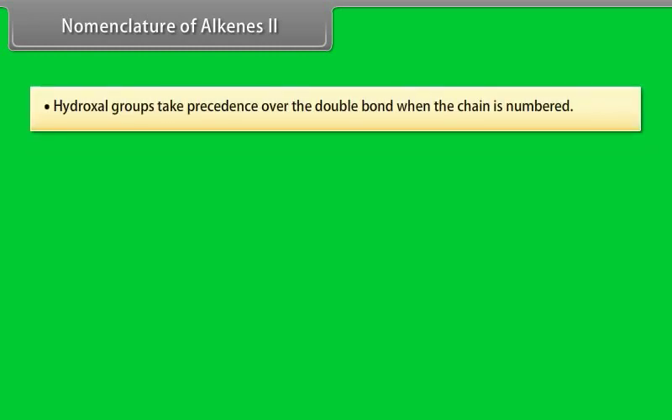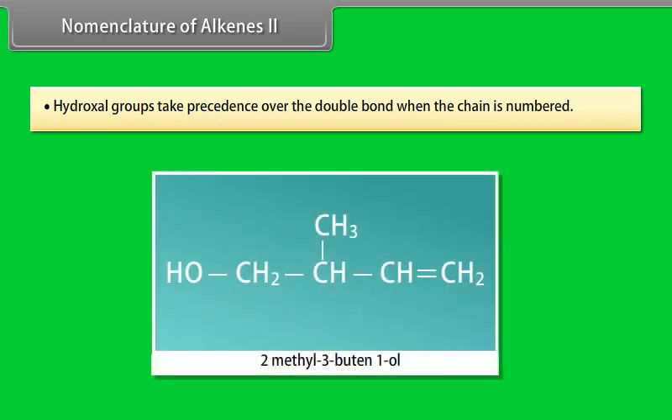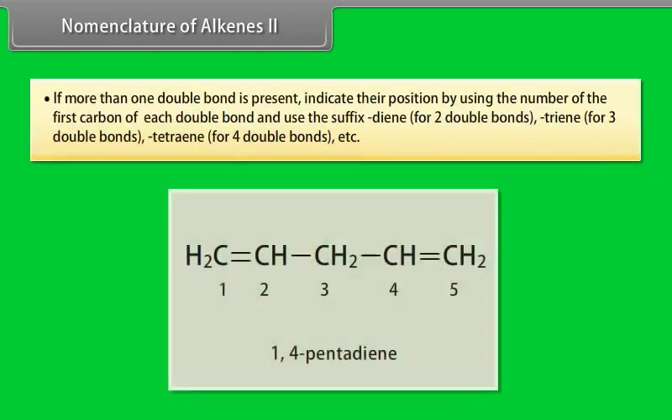Nomenclature of alkenes, Part 2. Step 7. Hydroxyl groups take precedence over the double bond when the chain is numbered. This compound is 2-methyl-3-butene-1-ol. Step 8. If more than one double bond is present, indicate their position by using the number of the first carbon of each double bond and use the